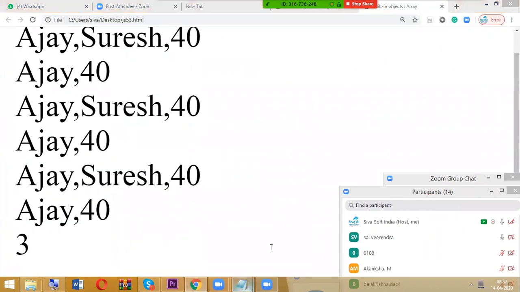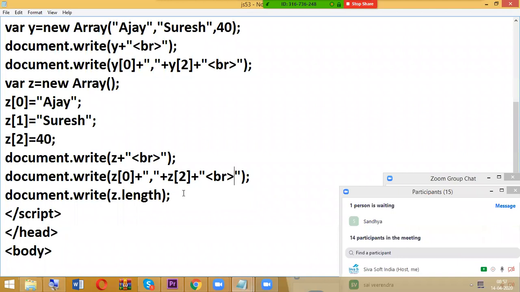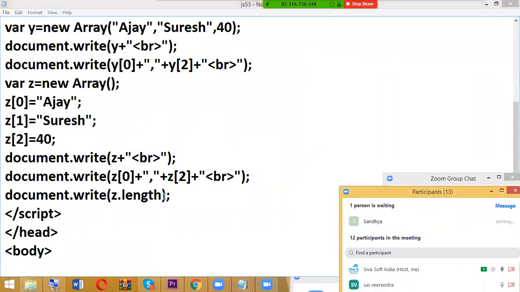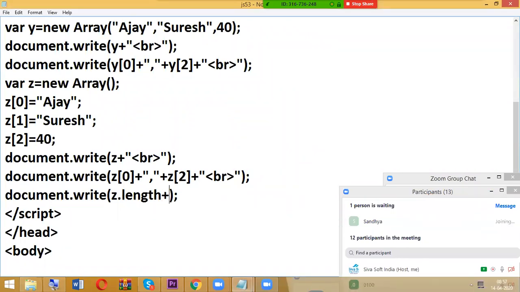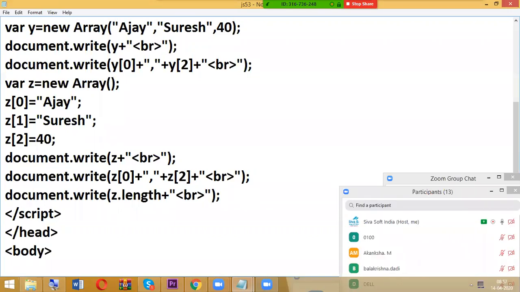Next, I'm going to display directly the whole value, document.write of z.